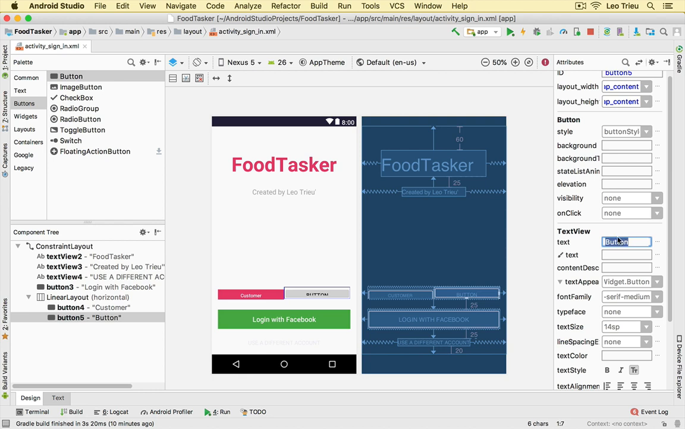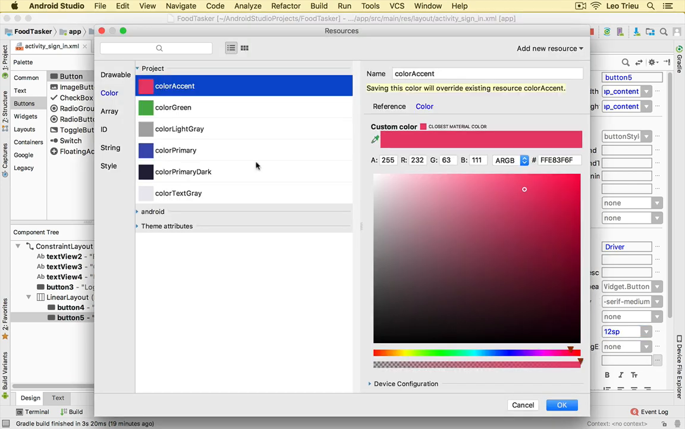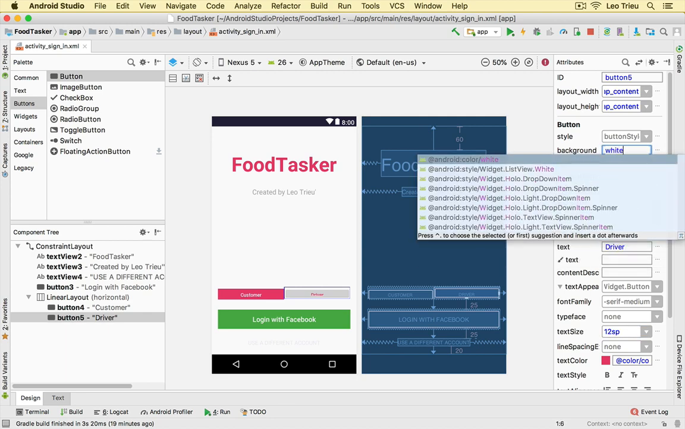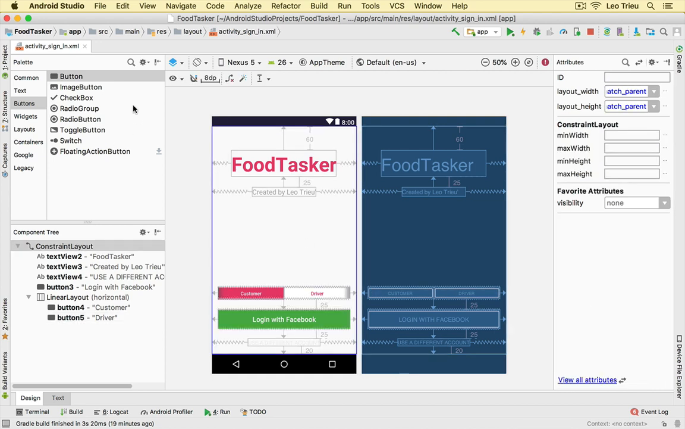Now keep going with the second button. This one we change to driver. Hit enter. And then we're going to change this one to lowercase. And the text size would be 12. Text color should be accent. All right, and we're going to set the background color to white. Okay, that looks like that. Awesome. And the last thing, we want to add an image here, so I'll just click on command image view,